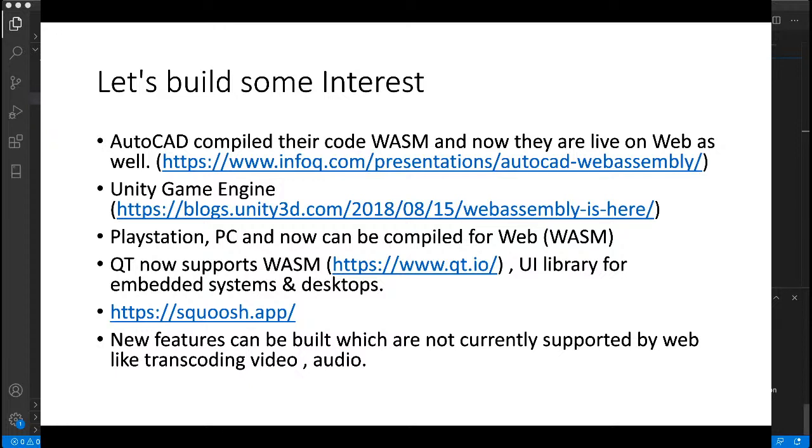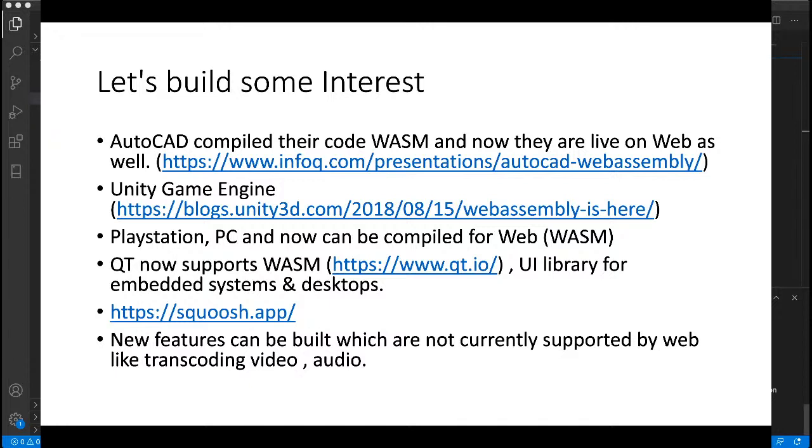And then we have the Unity game engine, which is the most popular game engine today, and most of the popular games are built on it. This Unity game engine has also provided support to compile C++ code to WebAssembly directly. So what the Unity team is doing is, they have a code base that is written in C++ for a particular game, and they compile this for PlayStation differently, and they compile this C++ code for PC games too. Now they also have a new candidate, that is WebAssembly.